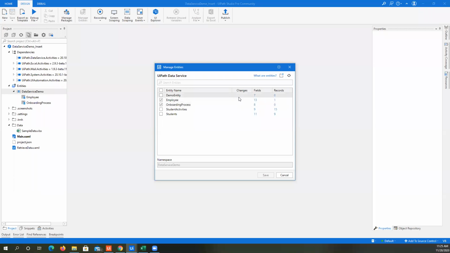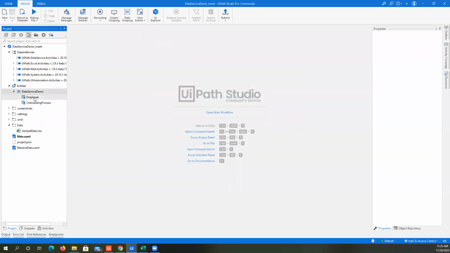And whenever there's a change to an existing entity, it will show a yellow color icon on it. Just clicking on save will add all the changes that were made to your workflow. I already have added that. And these entities will have their own data type. So whenever you are creating a variable of this employee type, which we'll be doing now,